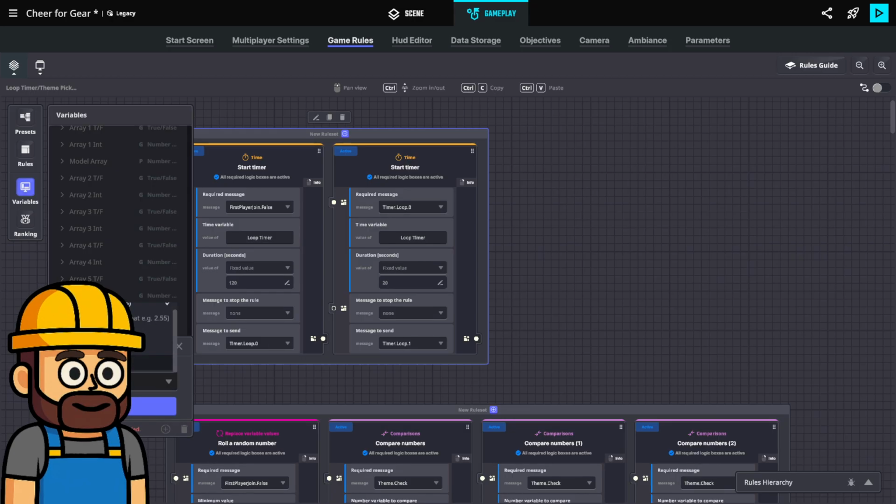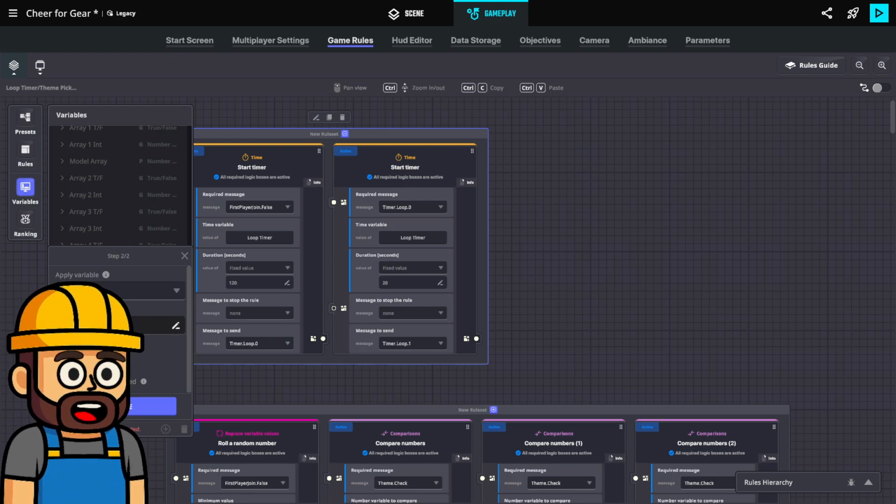So essentially, I think I need a true false up here that can be global. And how about we call this the portal true false.